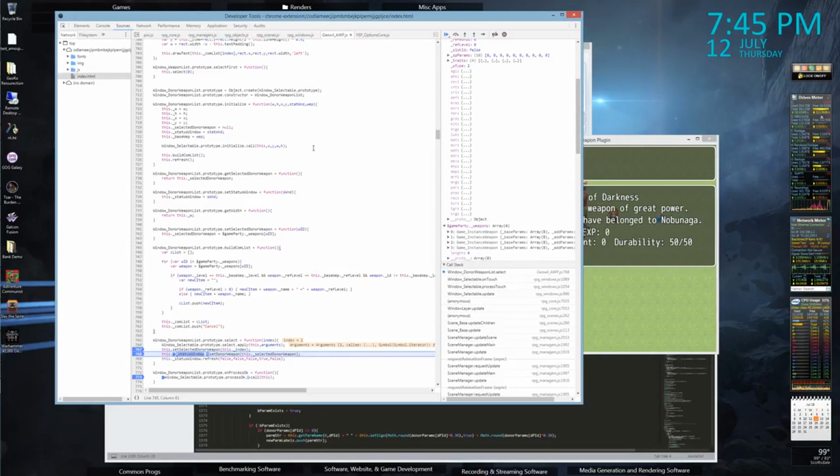Or do we... Because this isn't necessarily going to always be one less. Let's say we're using weapon 3. In this case,